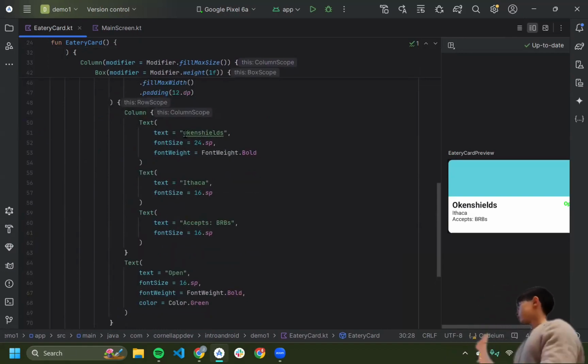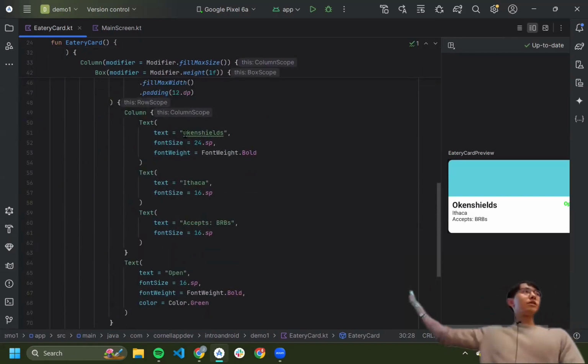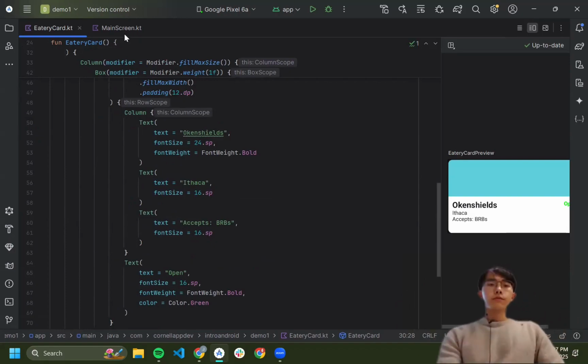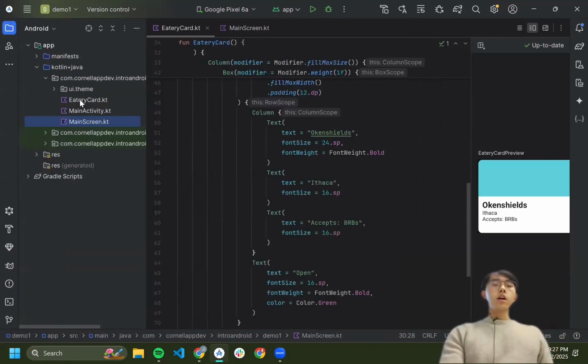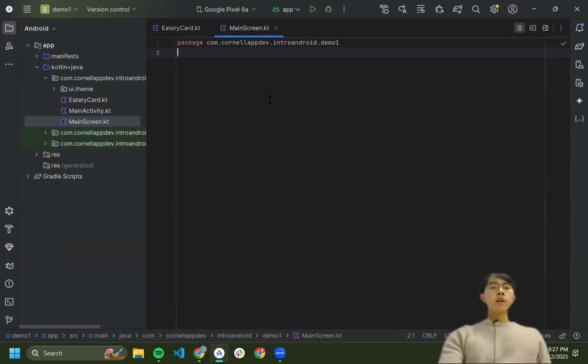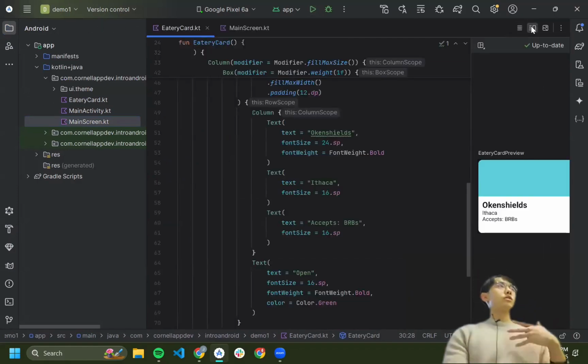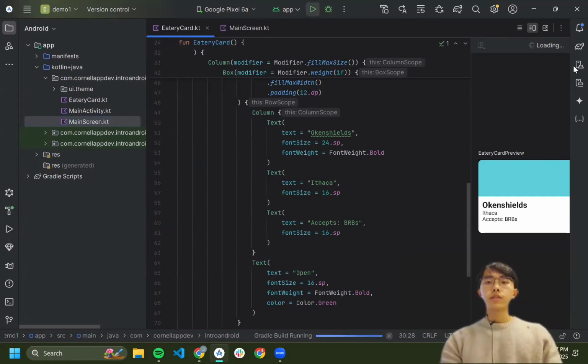Yeah, okay. Apologies, that did seem kind of fast. So we will post the demo code for this also afterwards. But if you all can spare some extra time, one final step, at least on our handout, was to make this actually show up in the main screen. So one thing we can do if we want to actually show this in our actual app instead of just in the preview, is launch this in my regular app.